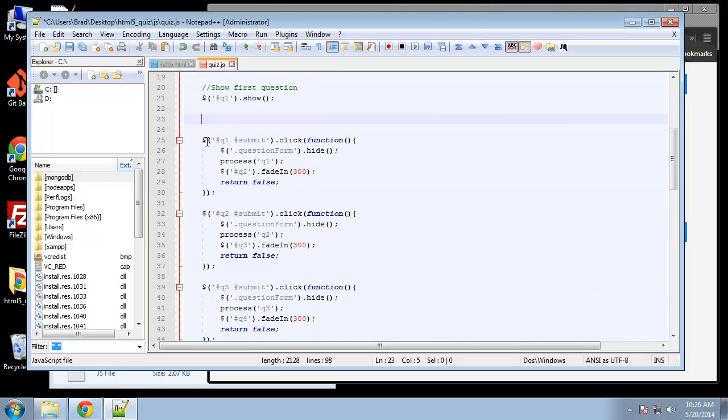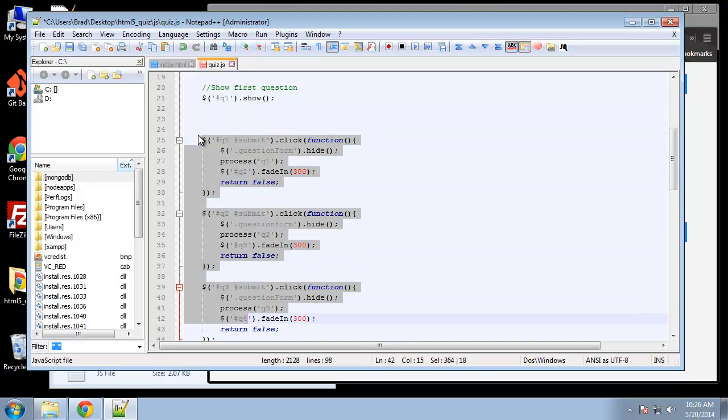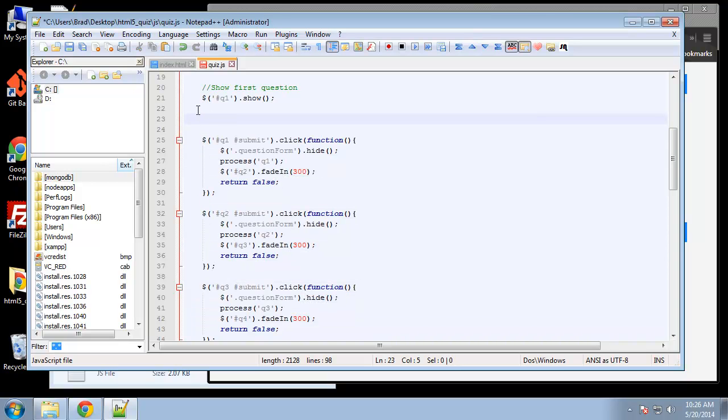create kind of a universal click handler. Alright, and I'm going to leave these here for now, but I will be deleting these afterwards. I just want you to see that what I'm going to be doing is basically this, but dynamically using the data variables. Okay, so let's say instead of saying like this Q1 submit, let's say any question that's submitted, and we can do that with the class question form,